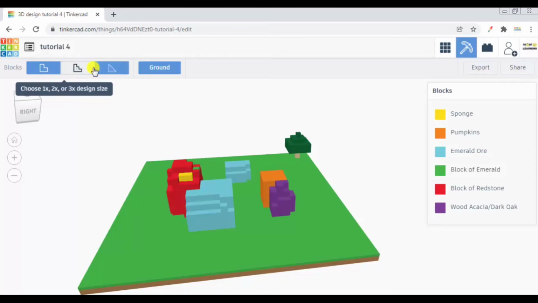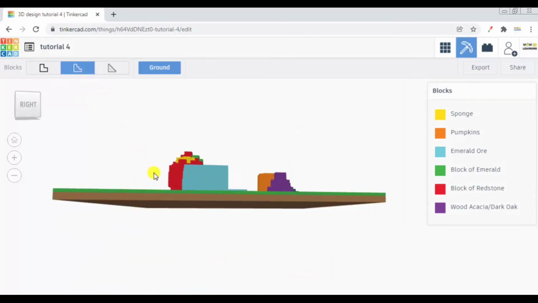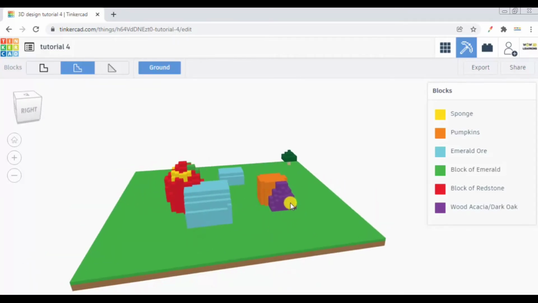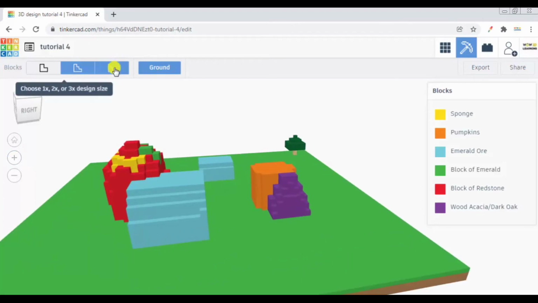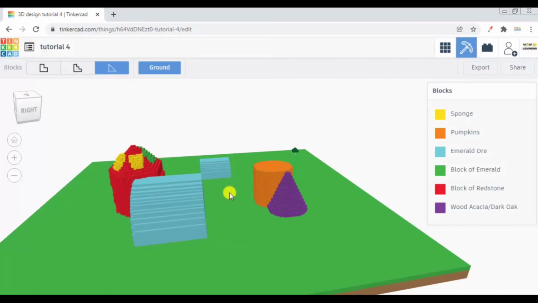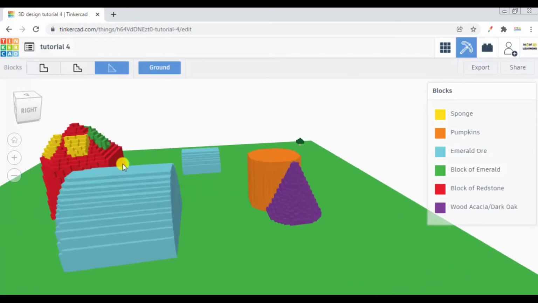Now using these tabs you can increase the number of blocks in a given height. Can you see the difference? Let me just zoom in here. If I click this, the number of steps will increase more. See this. Are you seeing how it has increased? The number of steps has increased in the cone, in the icosahedron, in the circular roof, in the cylinder.